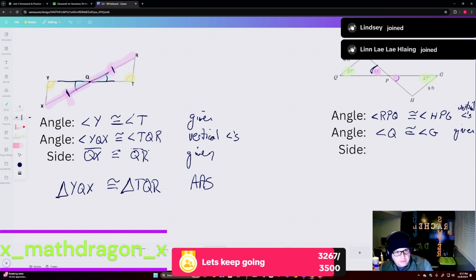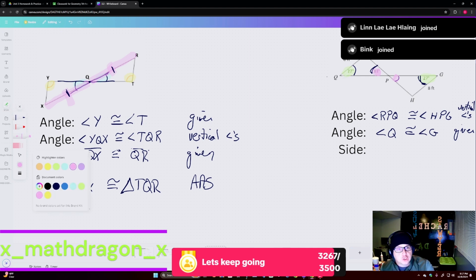And understand, there is a bit of a process. You would say angle Q is equal to 27, angle G is equal to 27, therefore angle Q equals angle G by the transitive property. We're going to trust that you know 27 is equal to 27. But if you were writing a real formal proof, that's how you would have to do it. So just understand that. When the guy on TikTok said all I had to do was this, no, it's a little bit more complex than that,